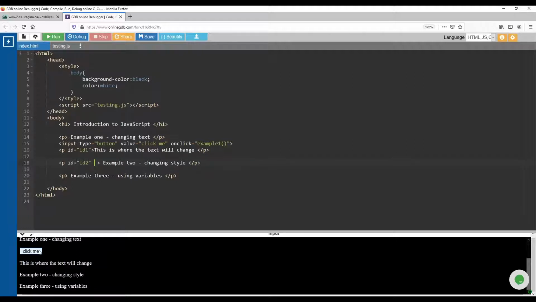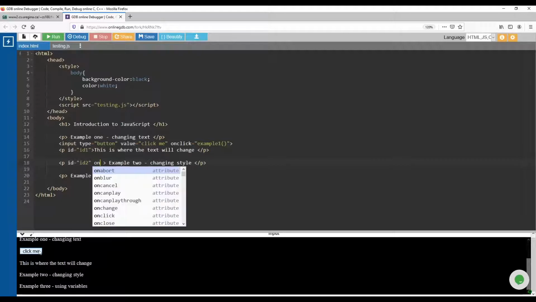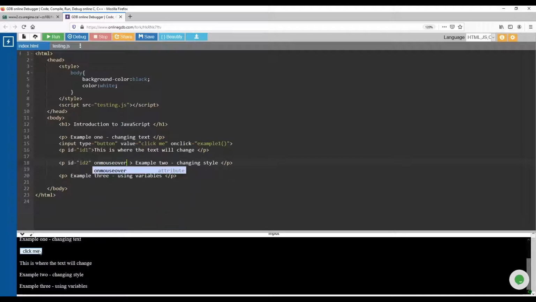Instead of using a button that we click on, we're going to try a different trigger. We're going to try onmouseover. Onmouseover makes it so that when you put your mouse over the part of the page, it will call the function. So if we were to put our mouse over this paragraph, it will call the function we're going to use. Now we haven't named our function yet, but I'll just name it example2